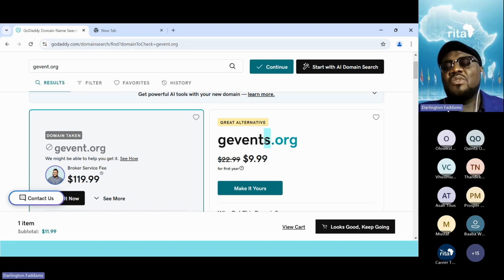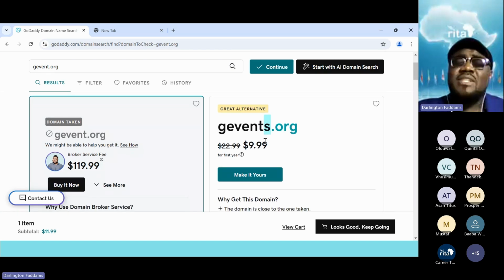And don't be quick to choose what you don't want. Make sure you get what you want. Sometimes it's going to be hard to come up with a name, but it is possible to come up with a name. It is possible because people register names all the time.